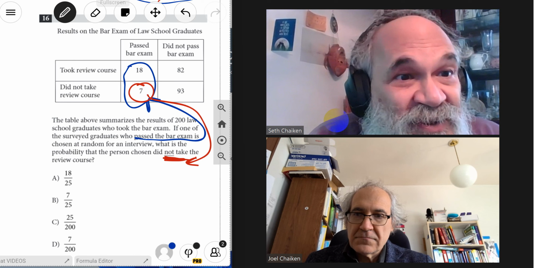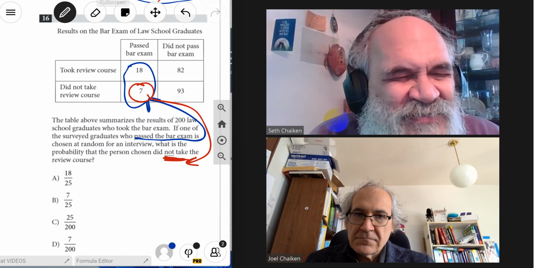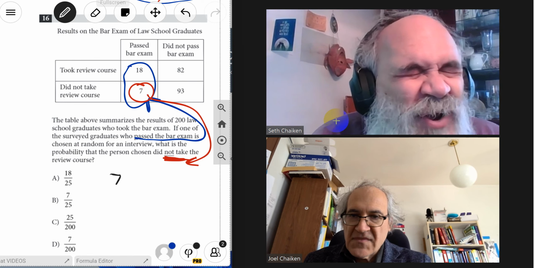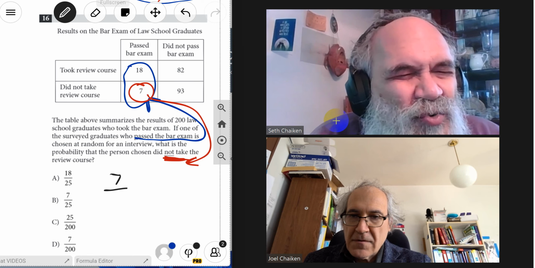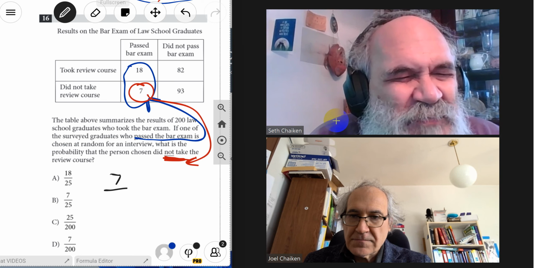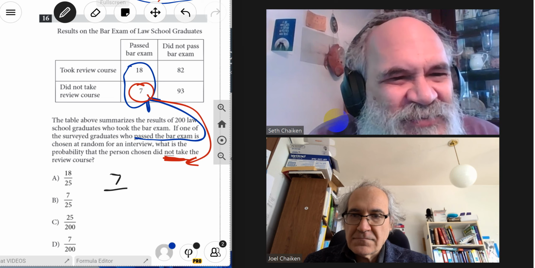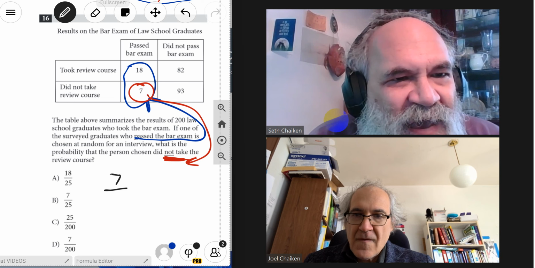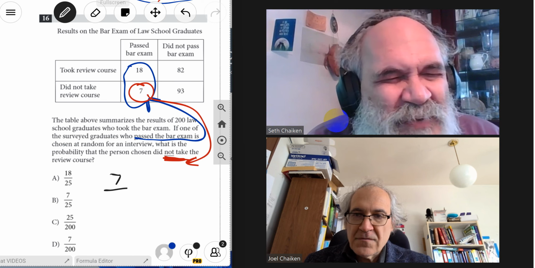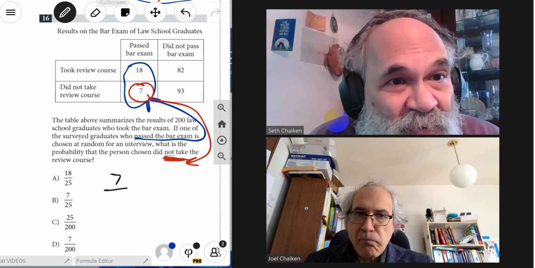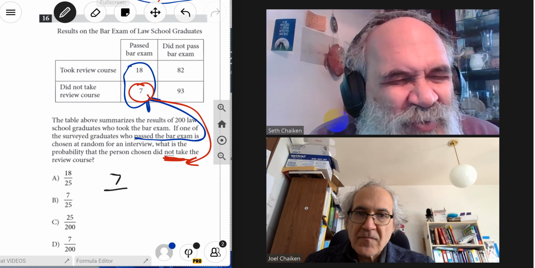Sorry, I misspoke. We're looking at the people in the first column, and we want to pick one at random, and the probability that the one we pick is one of the 7 out of the total. The total is 25,